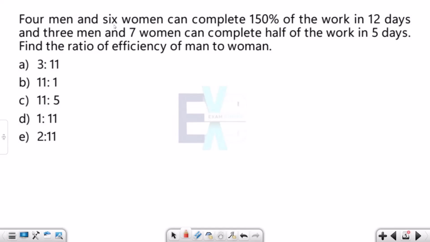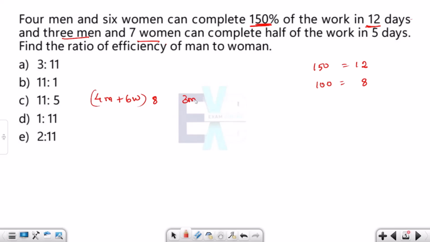4 men and 6 women can complete 150 percentage of the work in 12 days. Okay, so 150% of the work in 12 days in the sense, 100% of the work will be completed by 4 men and 6 women in how many days? It will be 8 days. So 4 men and 6 women will complete the complete work in 8 days, and 3 men and 7 women,